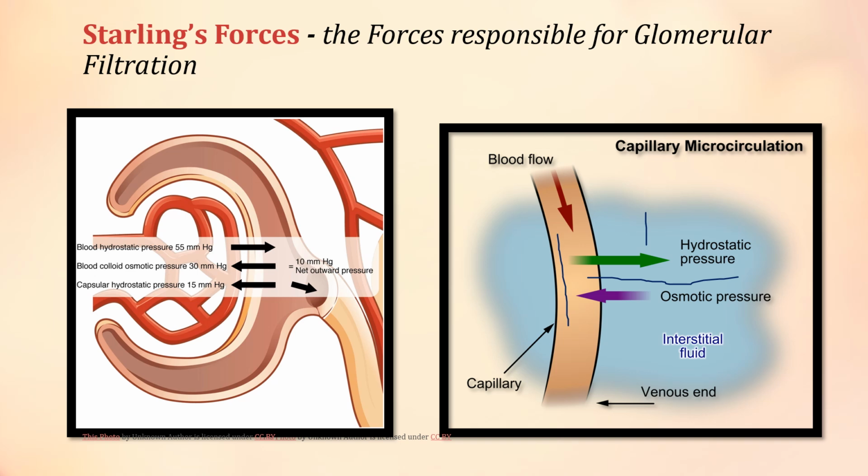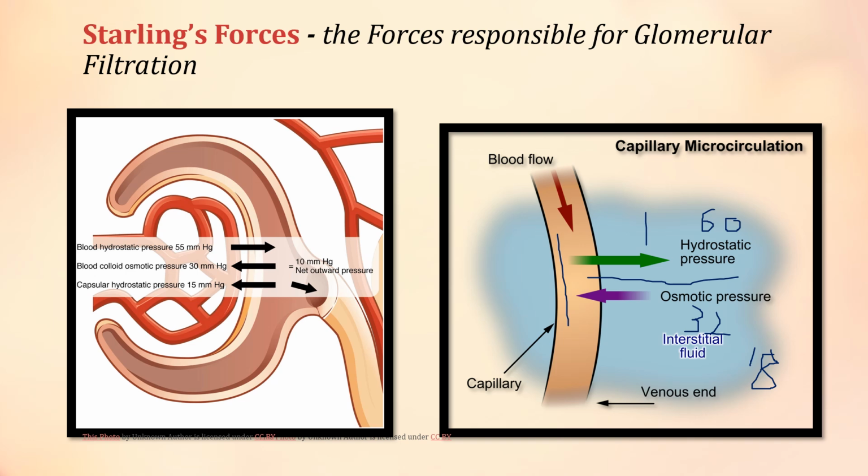So this pressure is 60. This is 32. So this is negative, and still one more negative in the interstitium is 18. That is the Bowman's capsule hydrostatic pressure. So the net pressure is